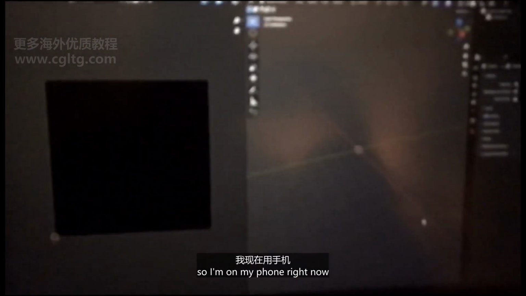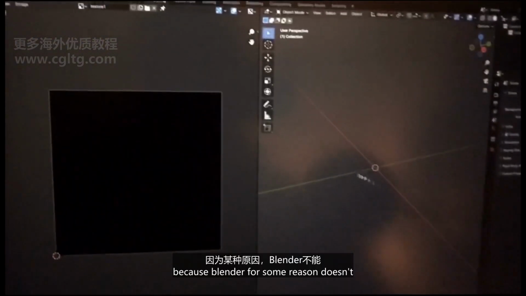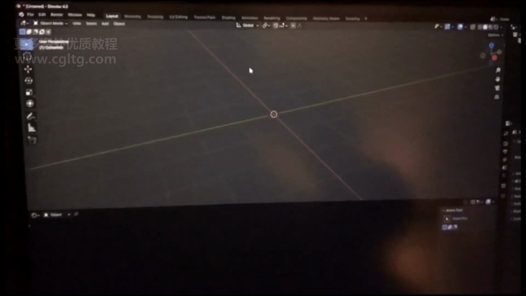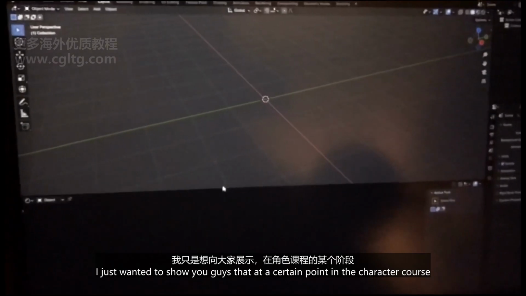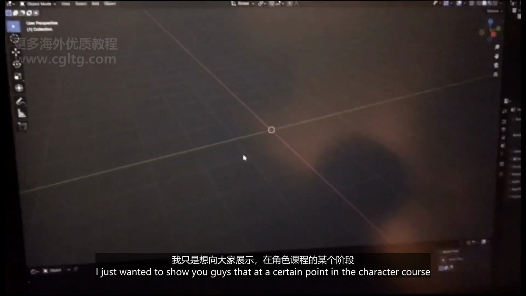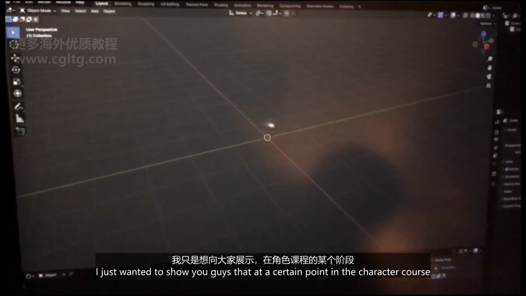Okay guys, so I'm on my phone right now because OBS doesn't capture certain pop-up menus for some reason. So I just wanted to show you guys that at a certain point in the character course, we're going to